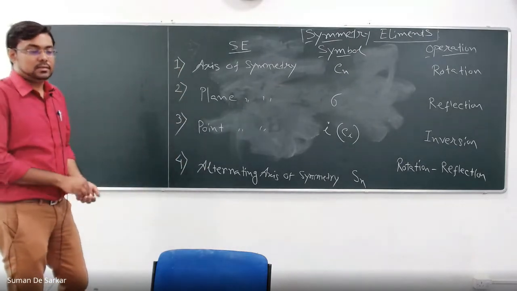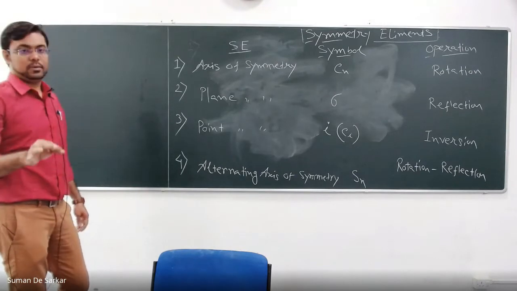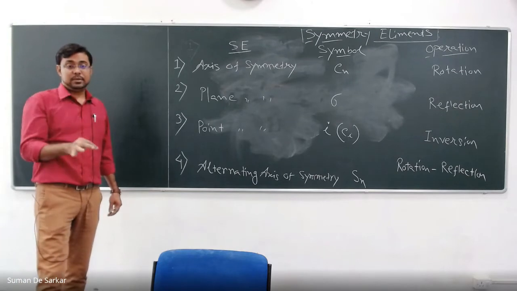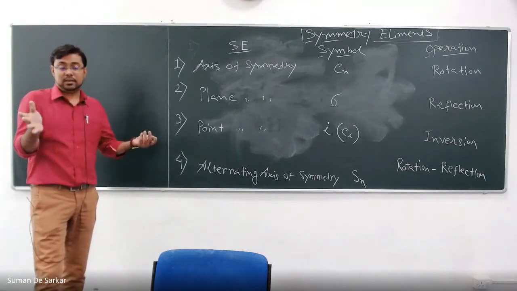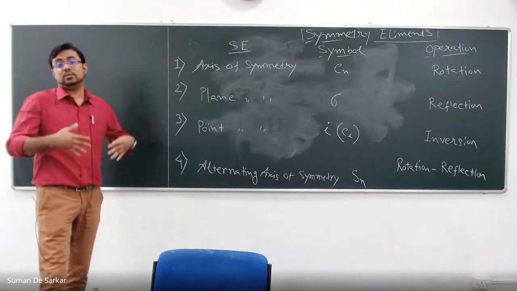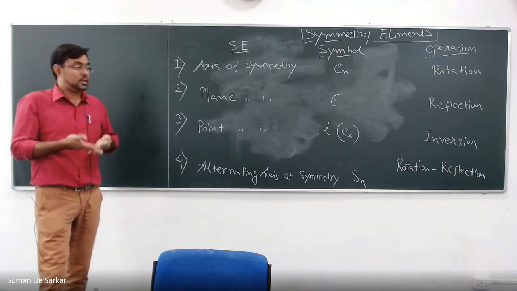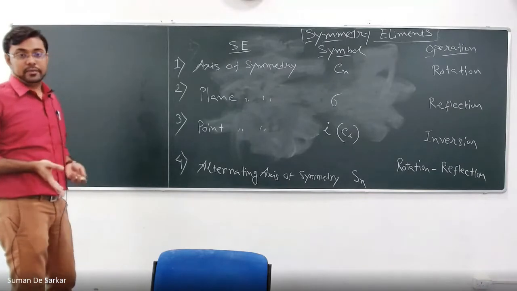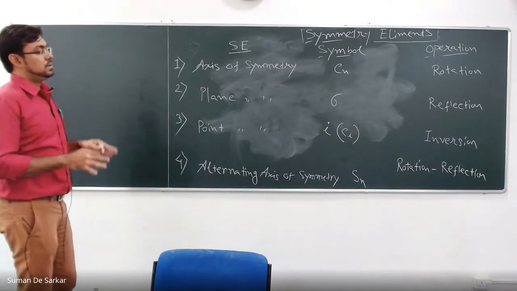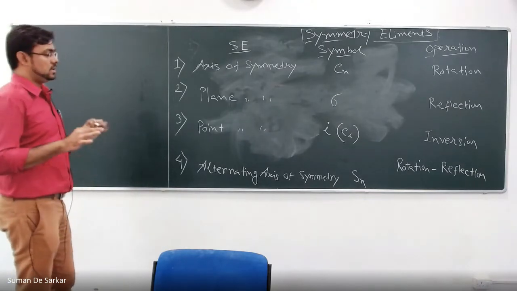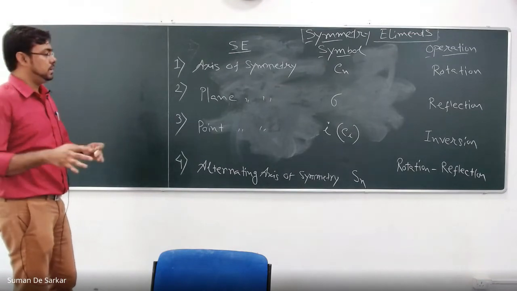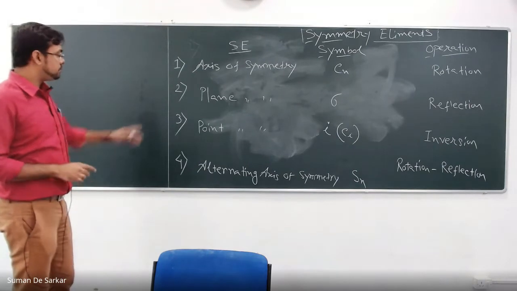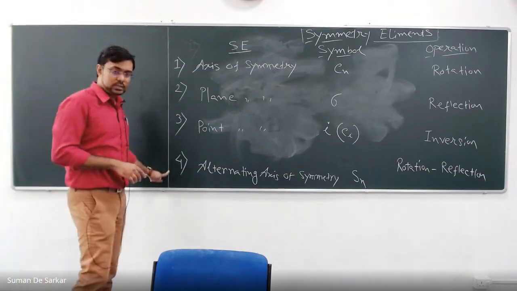And if yes, then you can say this molecule has symmetry elements. That means it is symmetric, or in other words, it's not asymmetric, so it's not chiral. So like that, you can comment very easily on the chirality of a molecule just by performing the symmetry operations. So this is just a small utility. There are many more. But one thing I should mention at the beginning itself, although I've mentioned 4 symmetry elements,